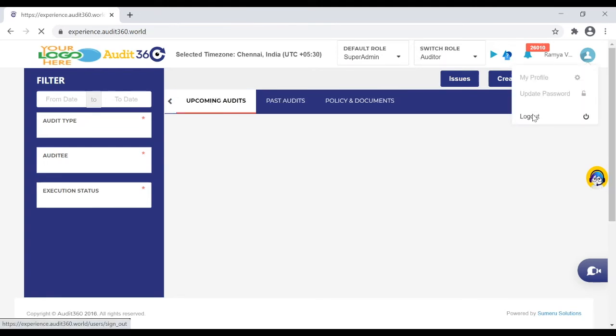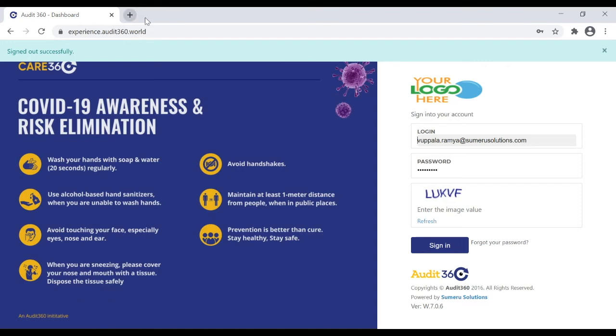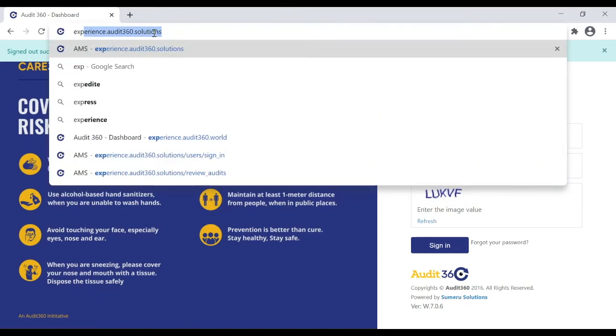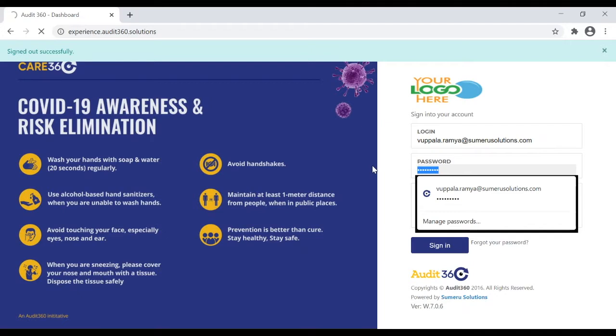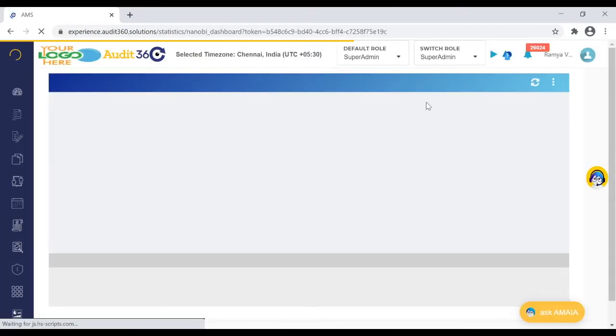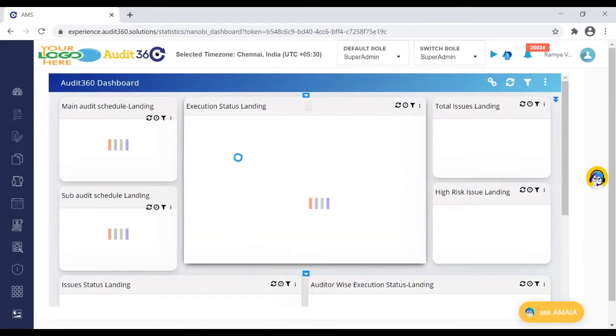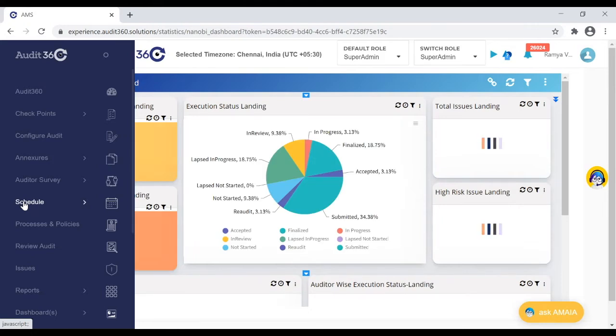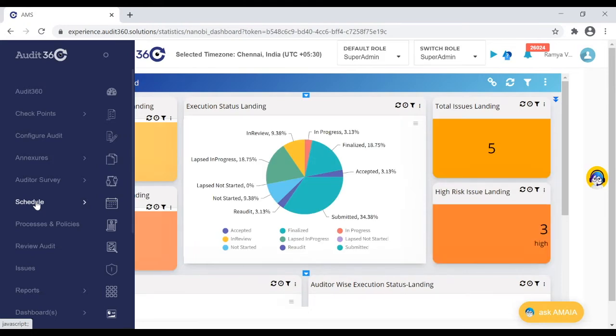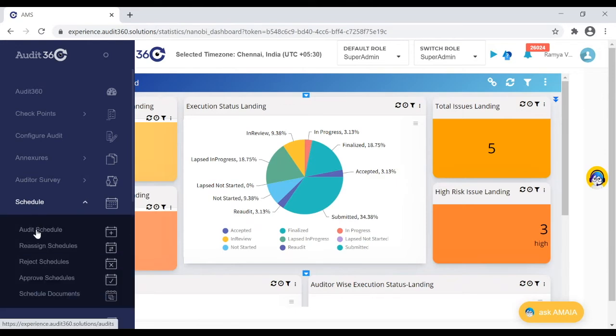Schedule one more audit. So in multi-auditor, what would happen is we would be bringing in a way where both the auditors can log in to the audits simultaneously and execute the audit. We would be introducing a new button called job done.